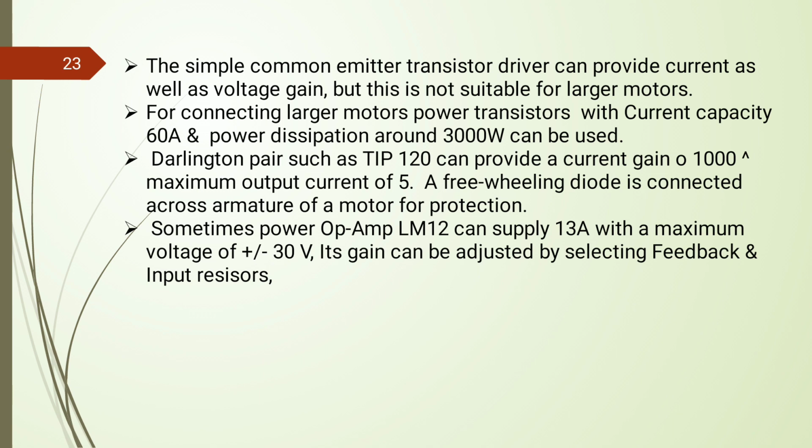But for more power requirement, like more than 1000, or here mentioned 3000 watt power, and suppose the current requirement is more than 2 ampere, 10 ampere, in that case this transistor is not suitable for delivering such 3000 watt power at the rate of 60 ampere current. So in this case we need to design a circuit which can deliver the maximum rating of our requirement. Another way is to use the Darlington pair, for example a TIP 120 transistor, which provides